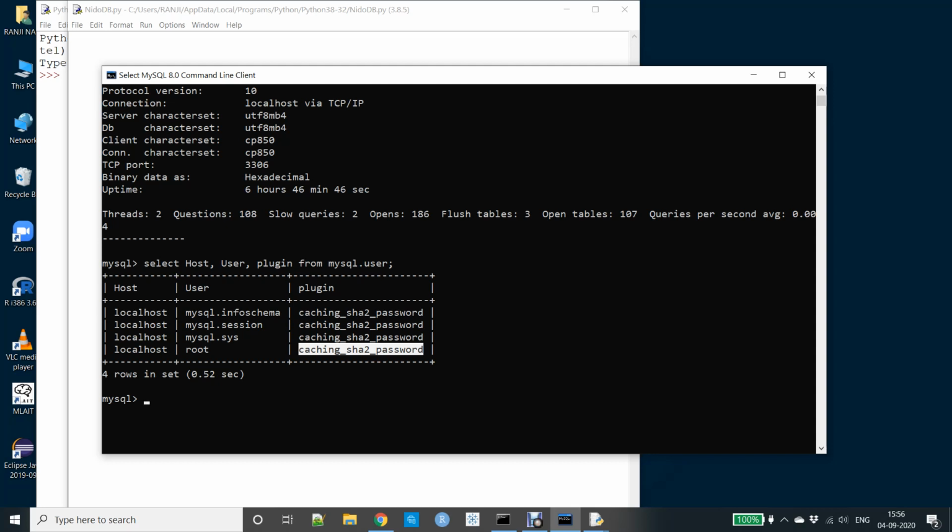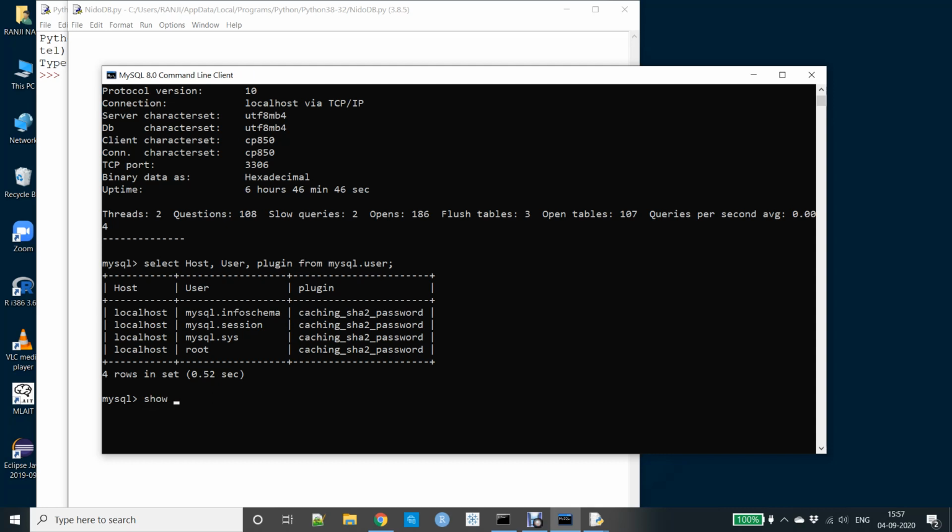If you installed that version and work with it, you will get an error when working with the database. Ideally this should be native password, but we are not getting it because by default it is caching SHA-2 password, which is internally secured.